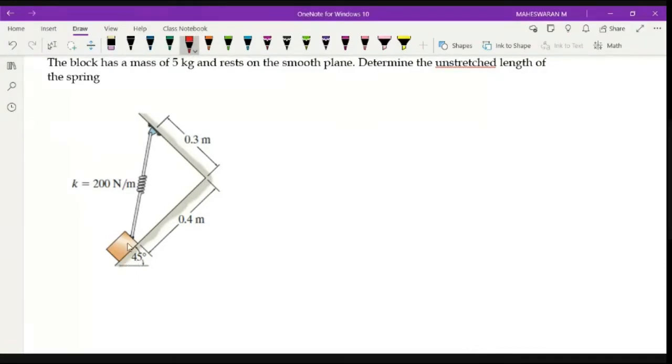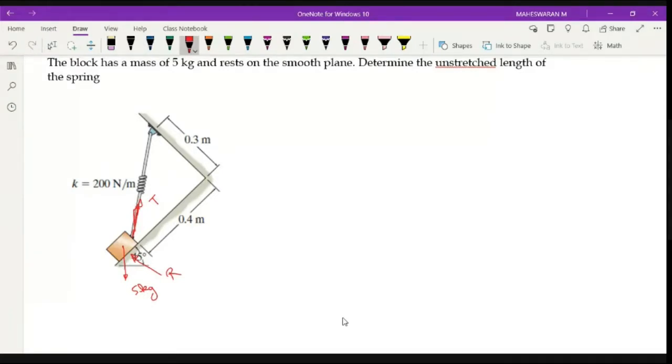Okay. So if I consider this block, the weight is acting downward, which is 5 kg. And of course, this block is having two contacts. One is with respect to the floor, which means you will have a reaction here perpendicular to this surface, right? A reaction perpendicular to the surface. And you also have a spring, which means you will have a tension here, a tensile type of force, which is acting like this, T, right? So these are the three forces acting on this particular block, right?